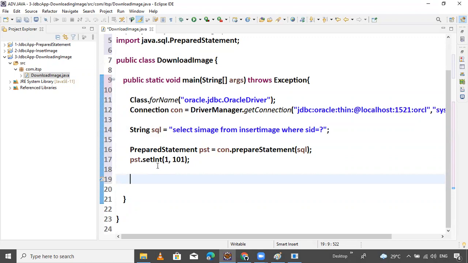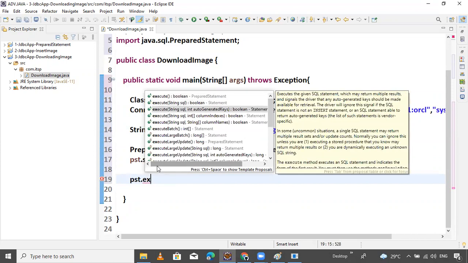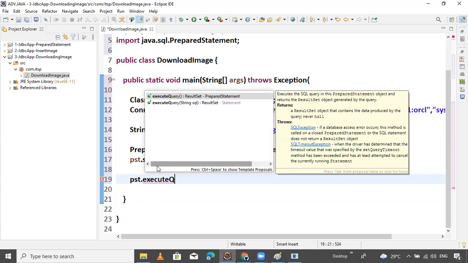Next thing, what is that? I want to get all the records now from this statement. So simple, execute the query, PST dot executeQuery method. This is not a non-select query, this is a select query. That's why we are using the executeQuery method.